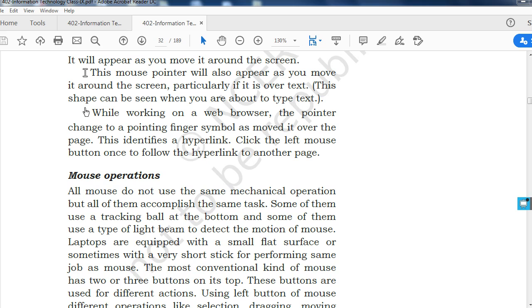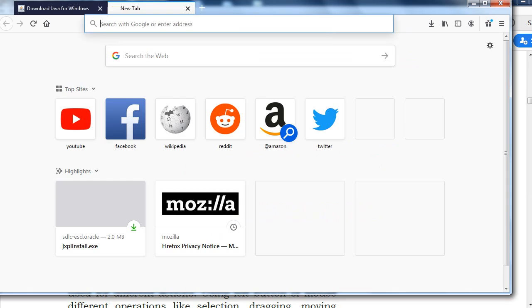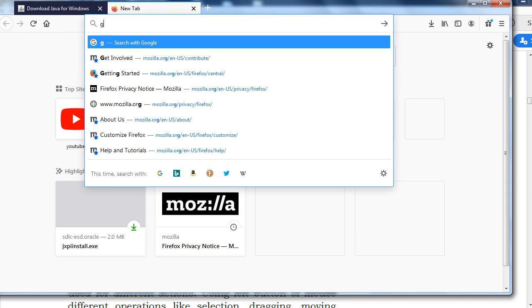While working on a web browser, the pointer changes to a pointing finger symbol as you move it over the page, right? This identifies a hyperlink. Click the left mouse button once to follow the hyperlink to another page. Let me show you. This is the browser.